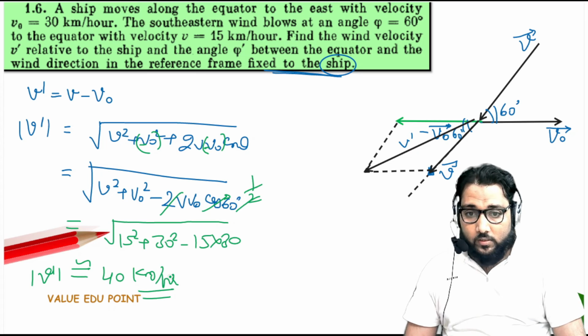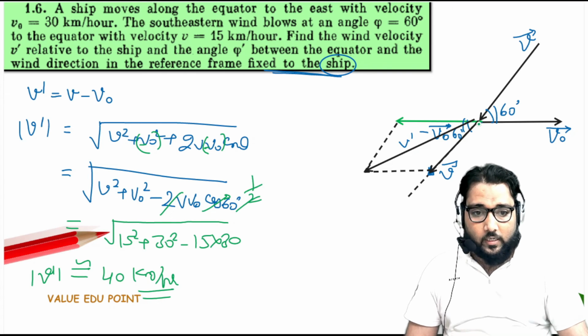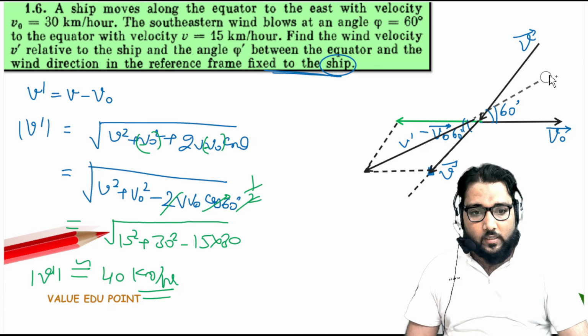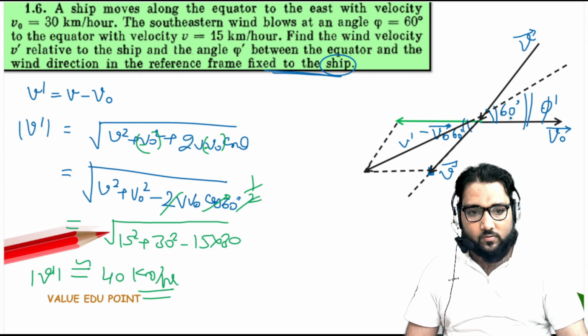Is it okay, guys? Now we have to calculate the direction of these vectors. When you extend in this direction, it will make the angle phi dash from the equator. So we have to calculate phi dash. So this is the phi dash, and again from geometrical properties, this angle is also phi dash. This is the v vector, again this is the v vector, same vector. If I talk about this, this is the triangle OAB.